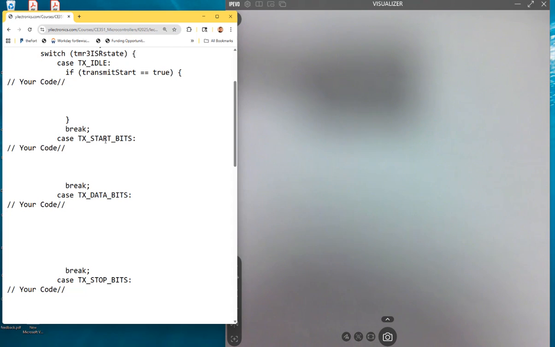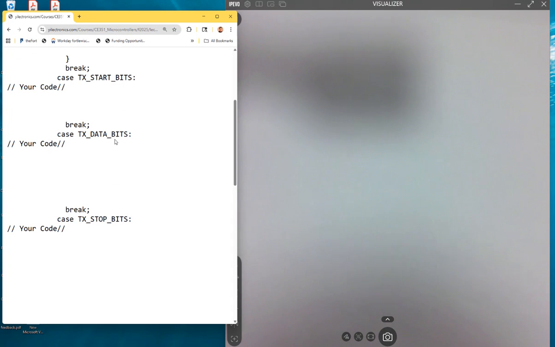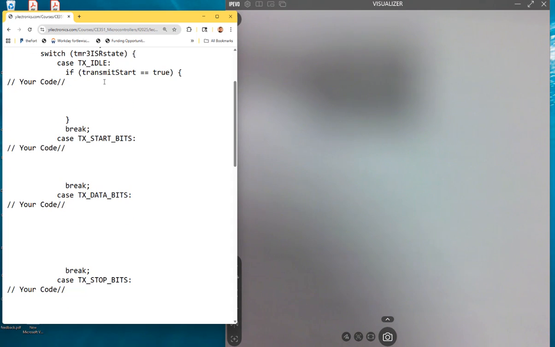You don't have to have 4 states. You can have more. You can have less. I mean, less will probably be a bit trickier. But you can definitely have more. So based on these 4 states,